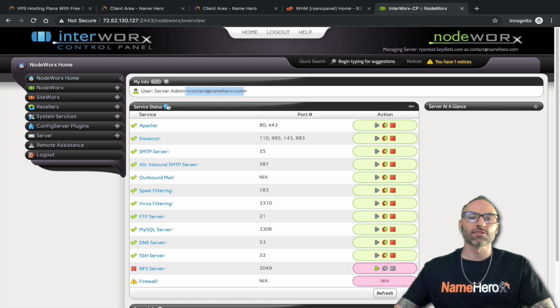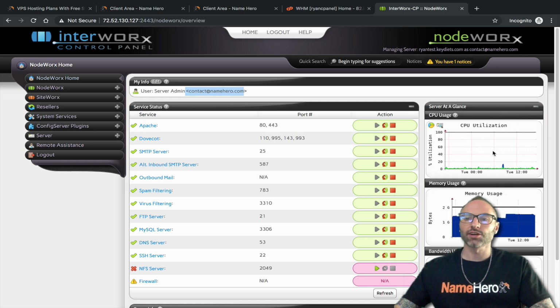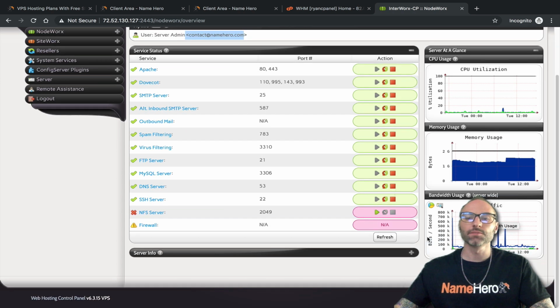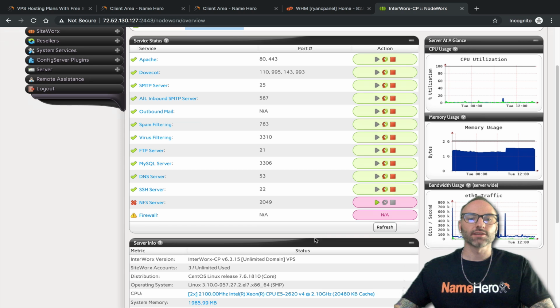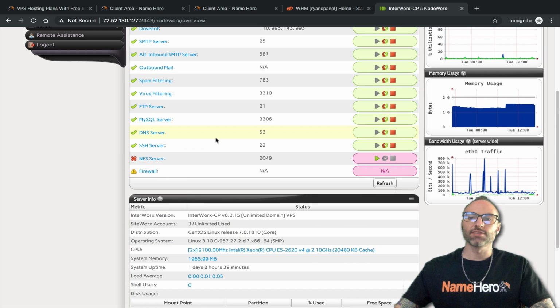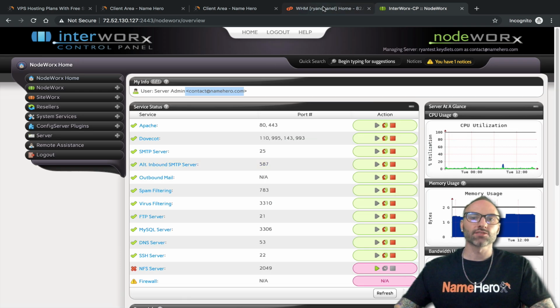But I can have these drop downs. So I have ones for server status, or service status rather. It shows all the services running. The server at a glance, it shows me these historical charts of CPU and memory, and bandwidth too. And then if I hit this plus here, I can see server info. It also shows me my disk usage. So it's kind of the entire VPS at a glance on the main dashboard here,